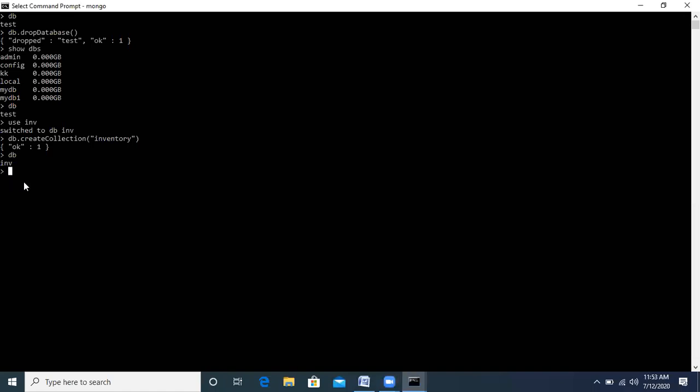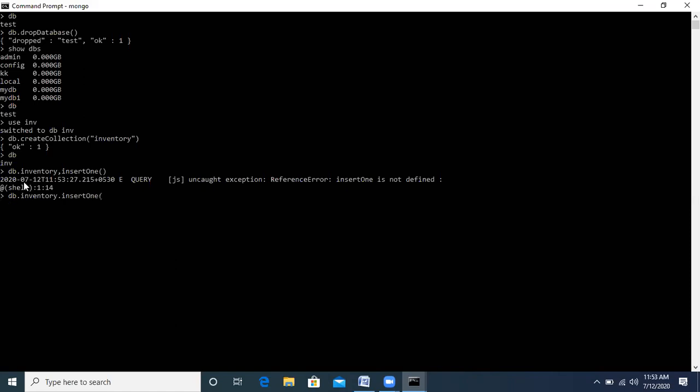Here we will type the command db dot inventory dot insertOne, and inside this, open the curly brackets.